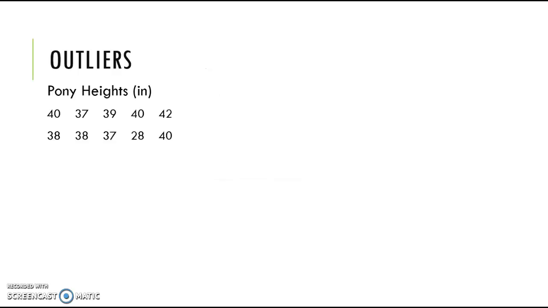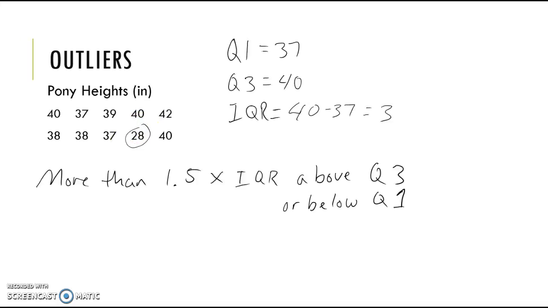All right, the last thing I wanted to talk about is outliers in specific. I mentioned that in 6th grade we typically just look and see, well, 28 seems like an outlier here, so I'm going to guess that that's an outlier. But I wanted to say that in high school and college, outliers are calculated: they are determined by being more than 1.5 times the interquartile range above